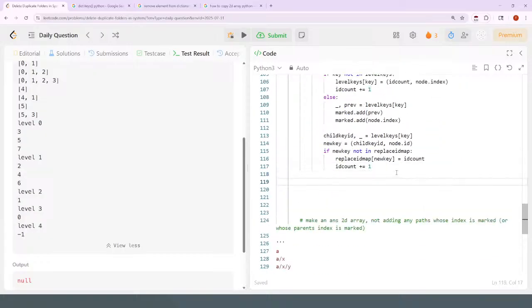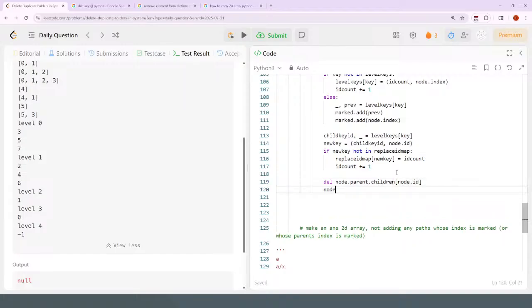So the node.parent, so it's going to need to replace itself in its parent's children. So I want to say this should be what? Node.parent children. I think that's supposed to be delete node.parent's children of this node ID currently. And then node.parent.children is going to add itself. So the